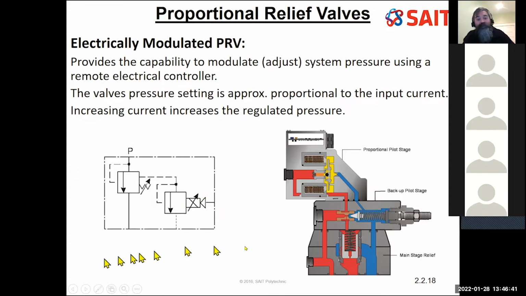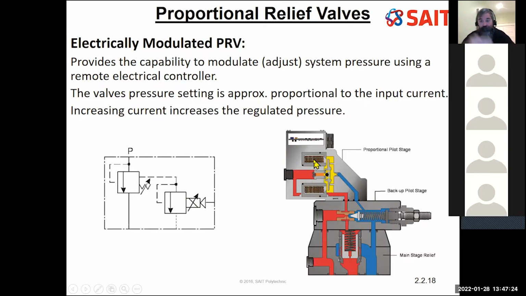This symbol is simplified. What we're showing here on the left in the symbol is a simplified drawing of our pilot operated pressure relief valve, which has a setting in it. That's this backup pilot stage, which once again is going to be hidden away and set my absolute maximum pressure in the system. And this electronic proportional control valve, indicated by this arrow through the electronics, is going to give me infinite adjustment. So I'm going to use 4 to 20 milliamps to control this. If I look in this cross section,